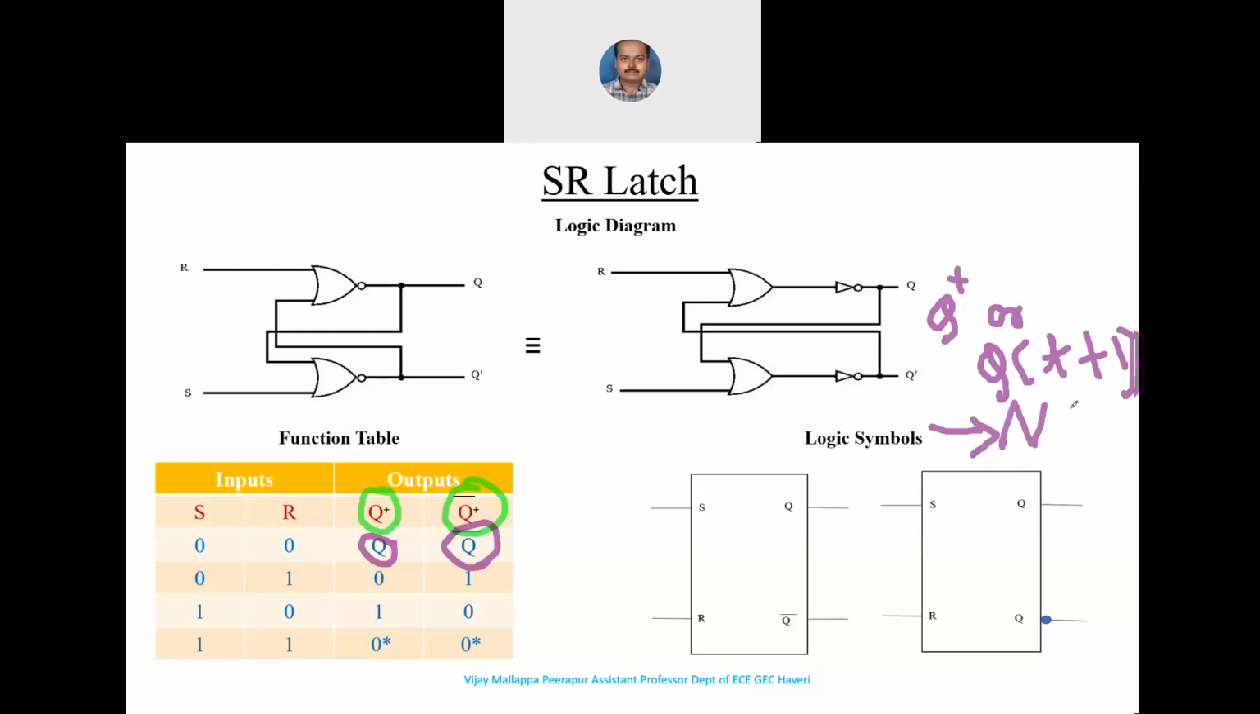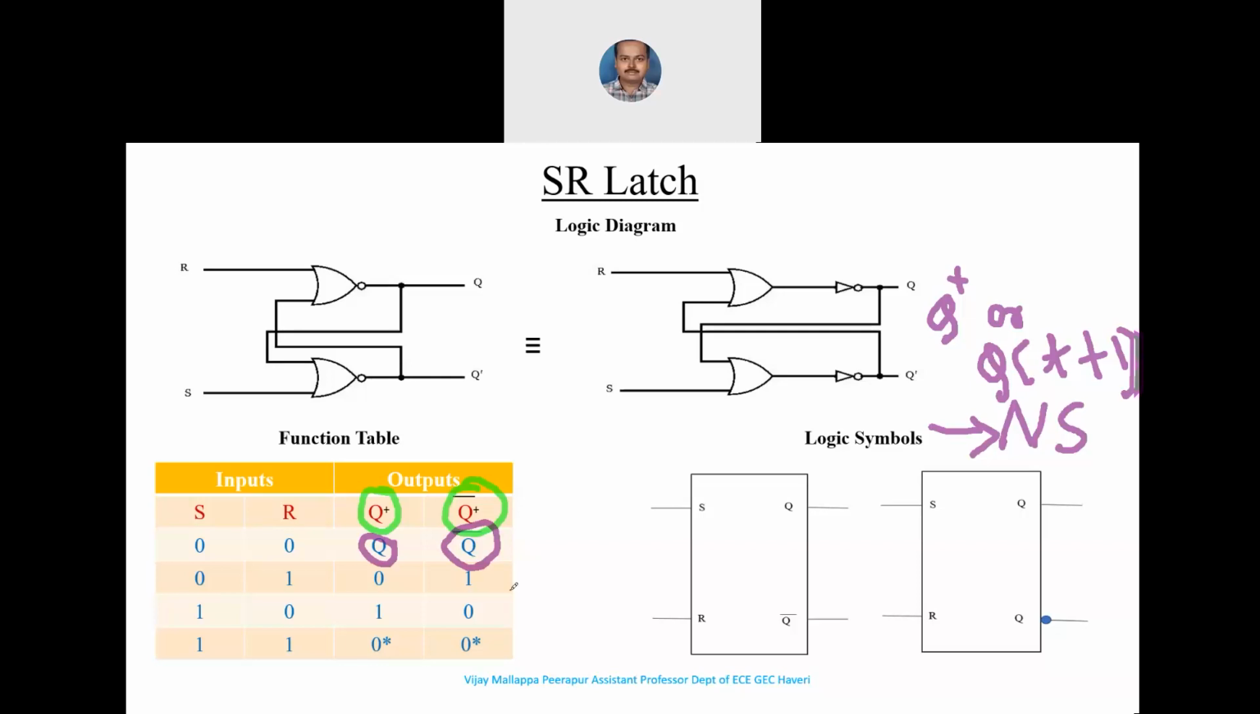Next state here, right? And this Q and Q bar, what we call as the previous state or the present state here. We'll understand this one as I explain what you mean by a next state and a present state. I will try to differentiate between these two as I explain about the functionality or the behavior of